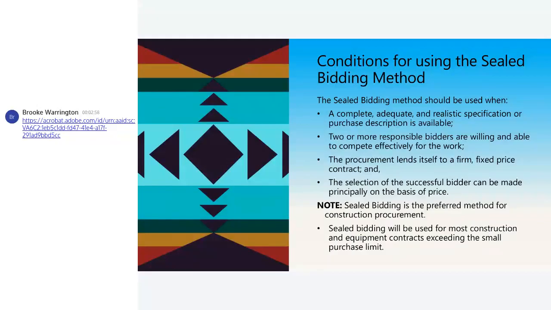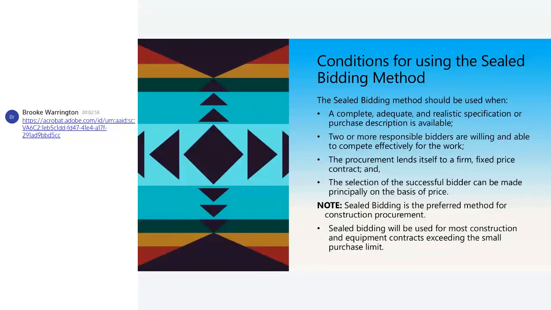Sealed bidding is our preferred method for construction procurement. This also gets into the discussion I had about everybody in your housing staff knowing what a sealed bid is and that they cannot open it. If one bid gets opened, you've tainted your process and you've got to start the whole thing over again. They have to be dated, they have to be signed, and they have to be kept securely in a place. Just because you open all the mail doesn't mean you open the sealed bids. Got to be really careful that that doesn't happen.